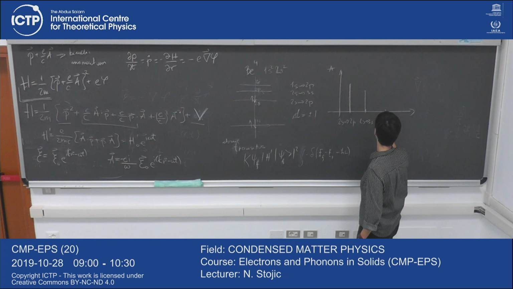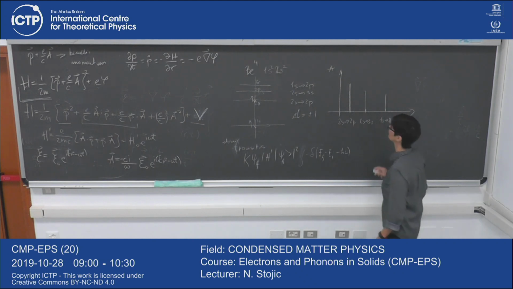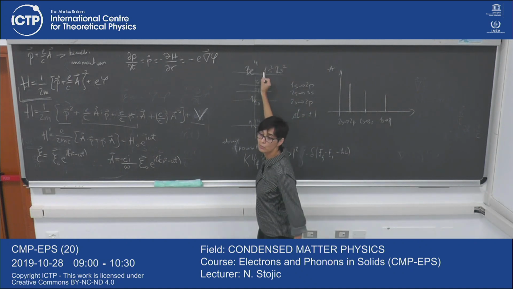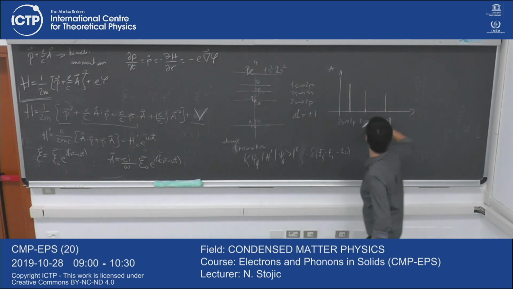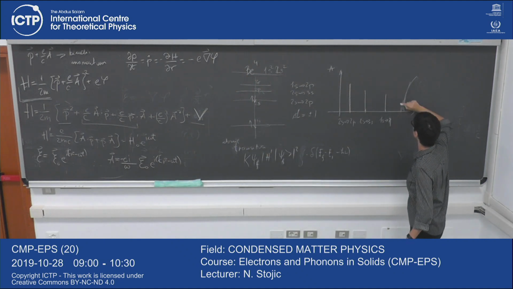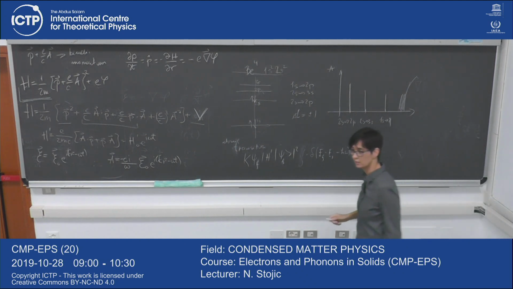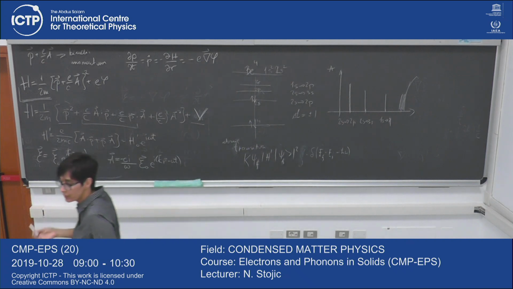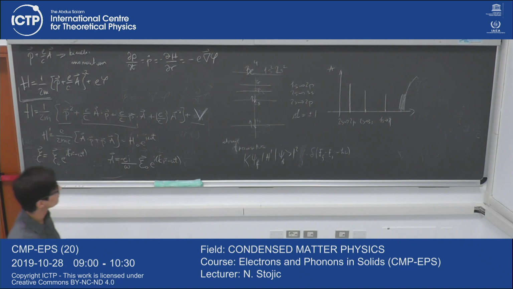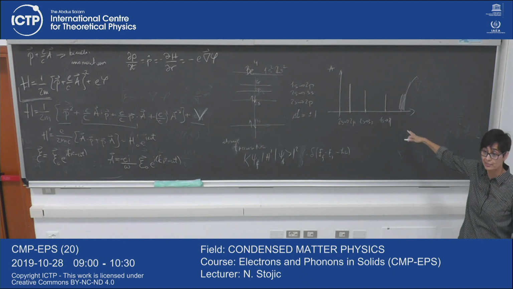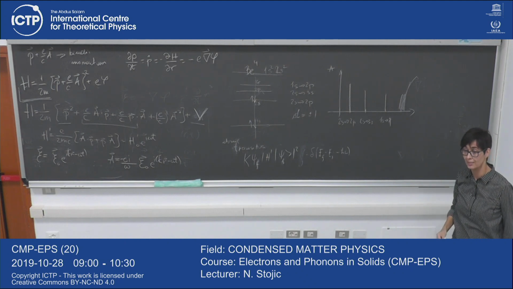And then 1s to 2p, and so on, until at some point you reach a continuum of states. There are no more discrete levels. The levels are so dense that for whatever energy you put in, you get out something. And it's all very clear for the atomic case. I want to derive something similar for the crystal and see how.